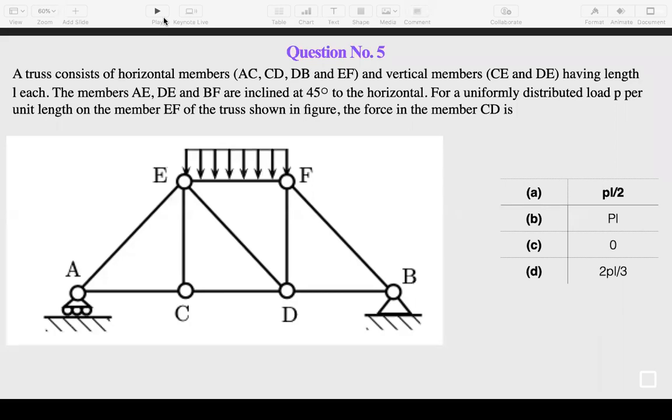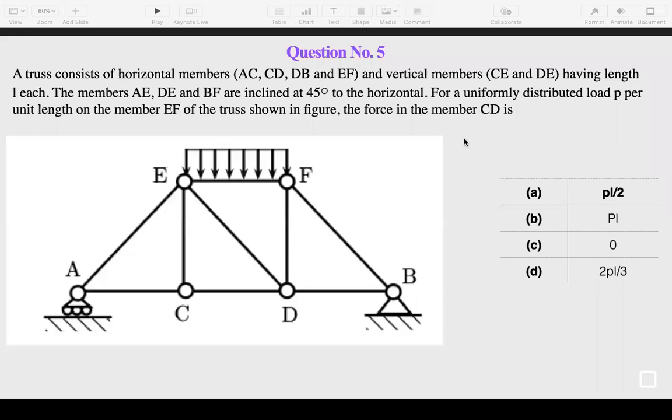So here only two supports are there. We have to find the reaction at point A. We don't need to find the reaction at point B, because if I consider joint A, I can easily solve the remaining problem. But the first step to solve the problem of trusses by the method of joints is that we have to find the reaction due to a support.